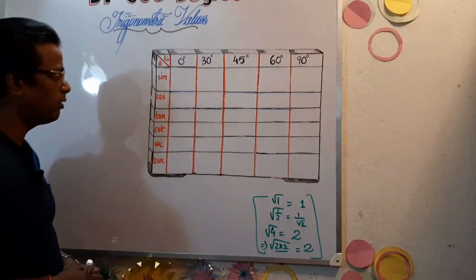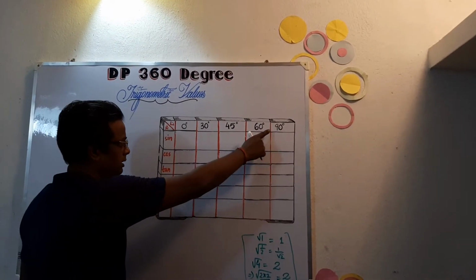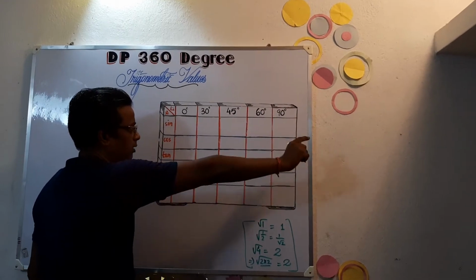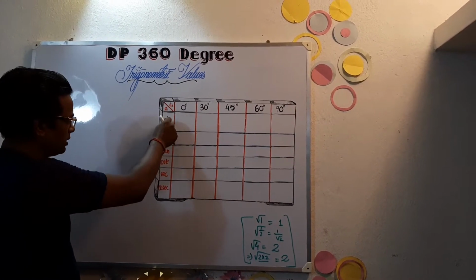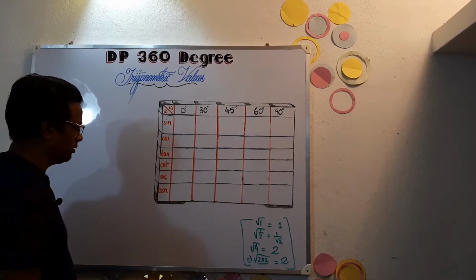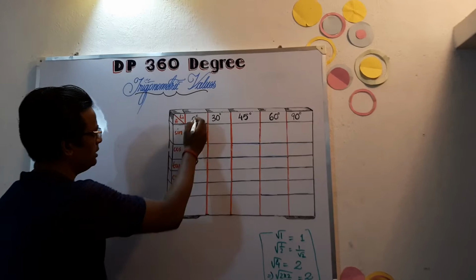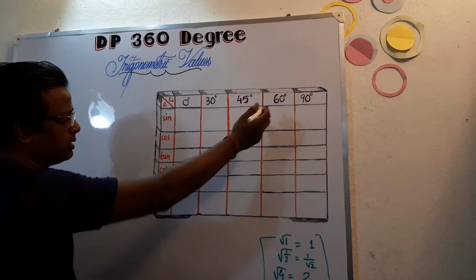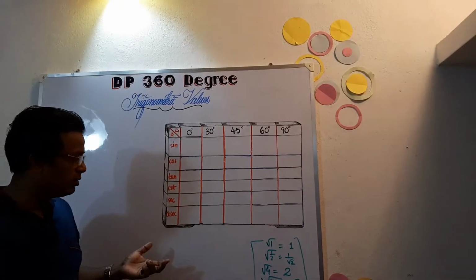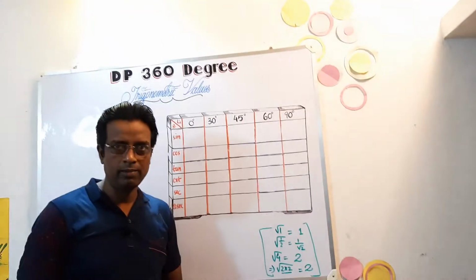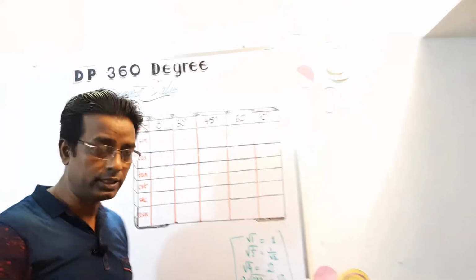When you want to explore the trigonometric values perfectly, now let's see. These are the angles, major angles: 0 degree, 30 degree, 45, 60, 90 in horizontal rows here, and you take all ratios here, sine, cos, tan, cot, sec, cosec in a vertical column here. Now sine 0 degree, sine 30, sine 45, sine 60, sine 90. How can you find all the values that go here? I will simply explain, and you are going to enjoy the whole process here.